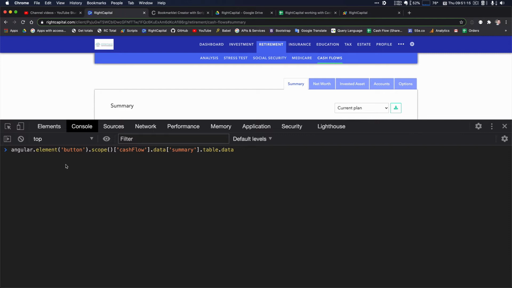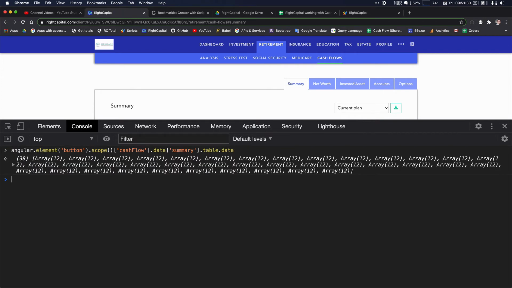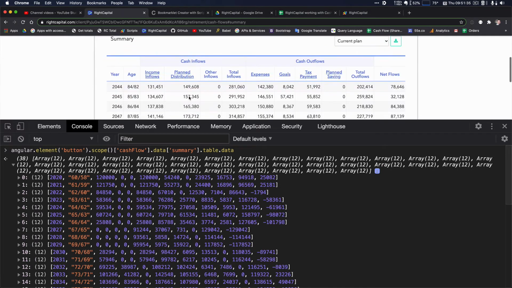So here we're just looking at the scopes for this page, and then we're looking at cash flows and summary. And right now they're just strings that could be changed later. But if you look at this, you get all the different values on this page. So you can see each one of these is a row in each column along the way. Tax payments, we'll see that it's the 8th. But if you want to look a little bit further,